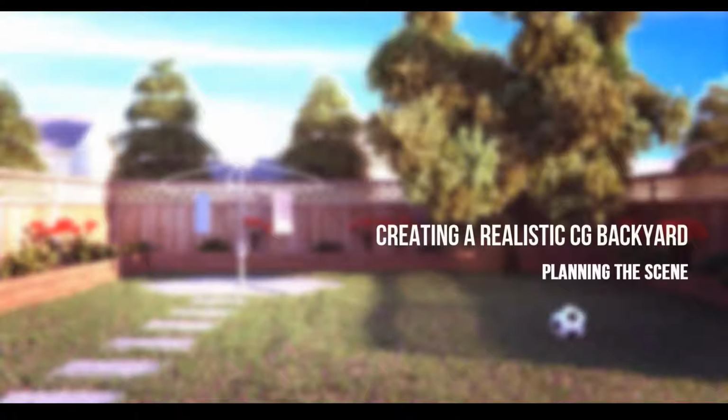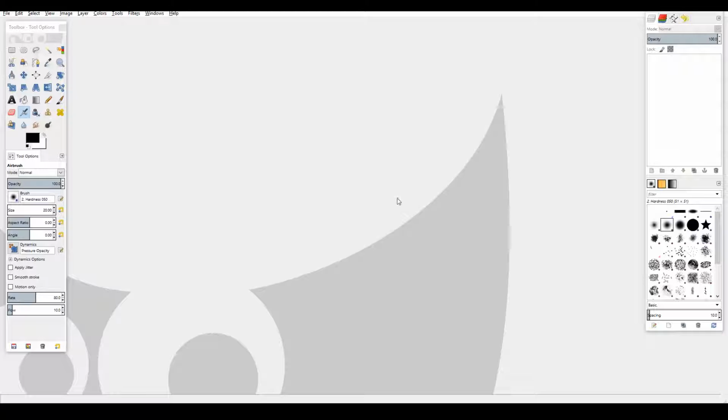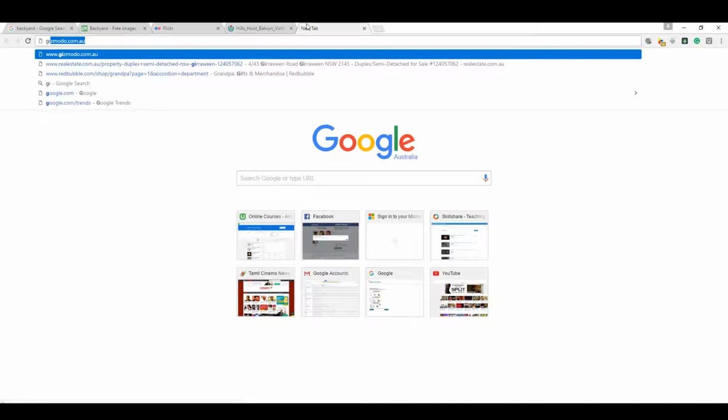Hello, in this video we will look at planning our backyard scene. So I have GIMP open up over here. GIMP is a free open source photo editing software, sort of like the open source version of Photoshop. Go to gimp.org